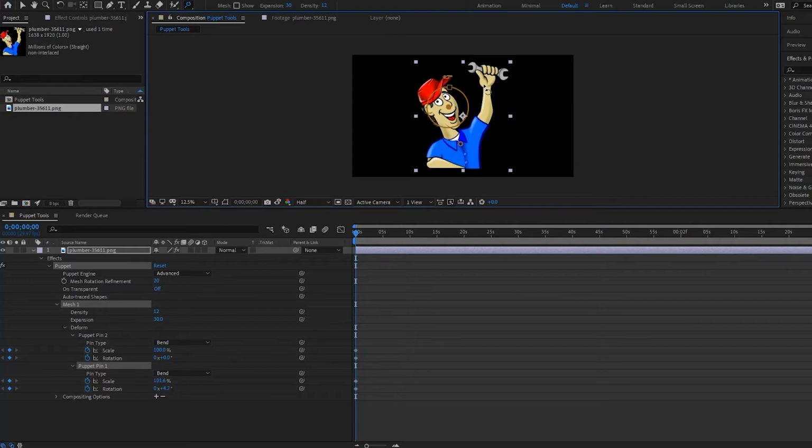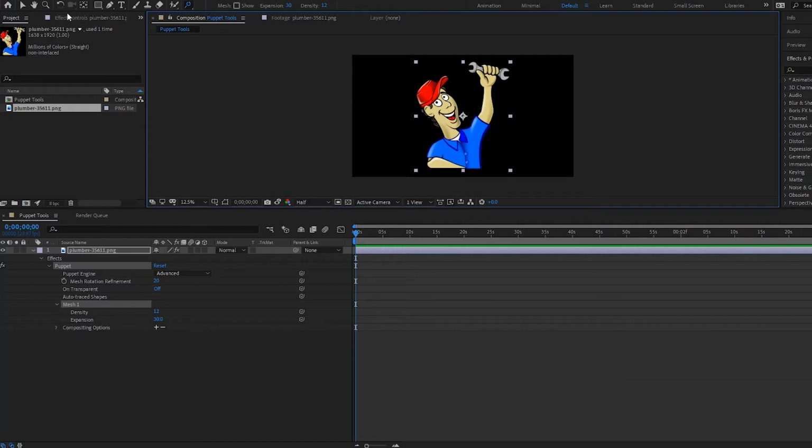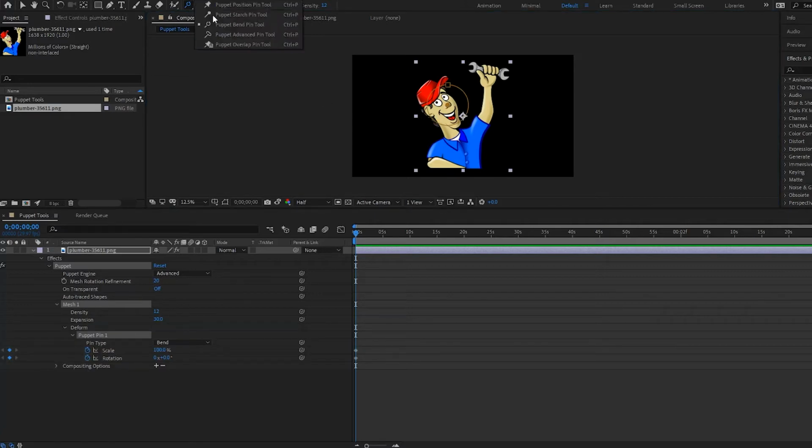Very interesting. Notice too how this pen here is actually holding his body in place as well. Look what would happen if I would actually put a position pen here. If I were to start all over, like this, delete these, and then put a bend pen at his face, and then for the second one, if I were to put a position tool on his chest,